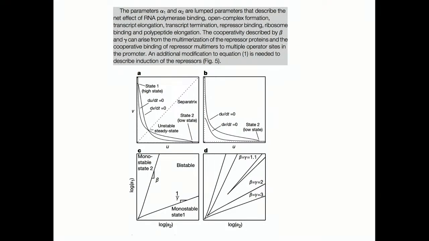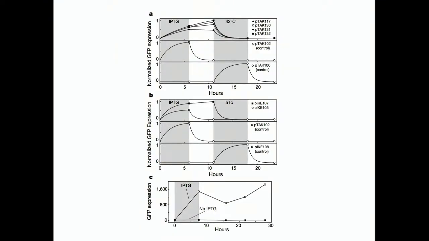They had shown that, as you keep increasing the value of beta and gamma, there are larger and larger regions in this parameter region, in this phase plane of alpha 1 and alpha 2, where you get bistability. Because the higher the nonlinearity of the system, the more the likelihood that you would get these two distinct solutions eventually in that entire parametric space. So they constructed the system. What happened after that? Now here, again, let's not go into details.